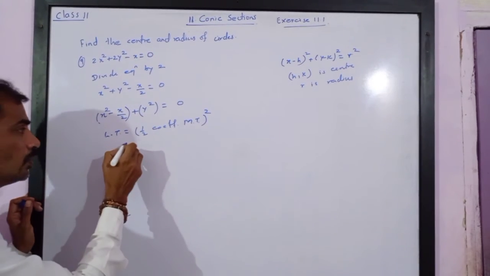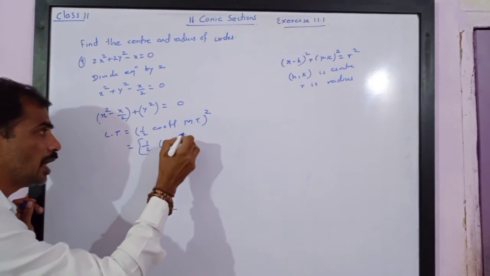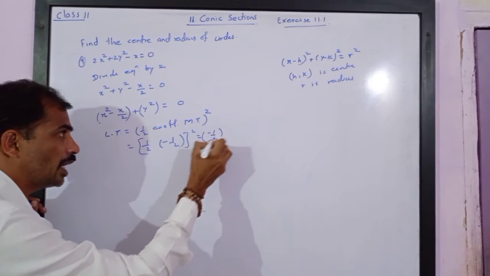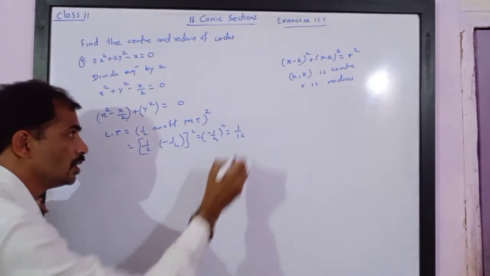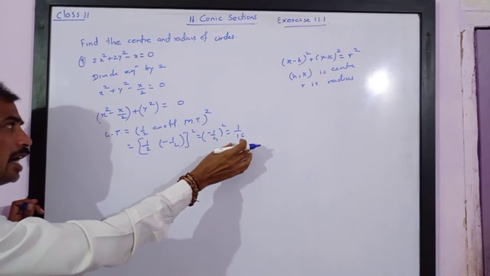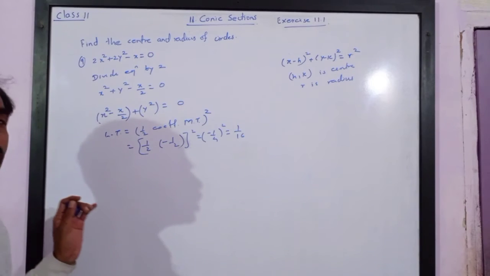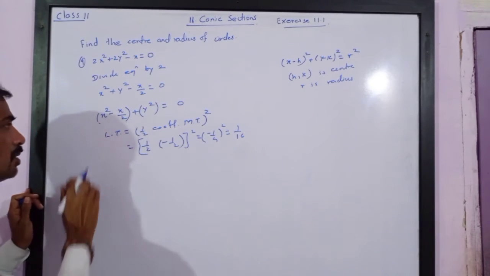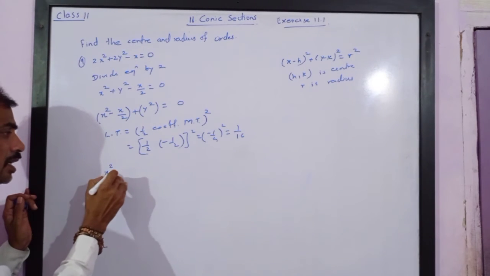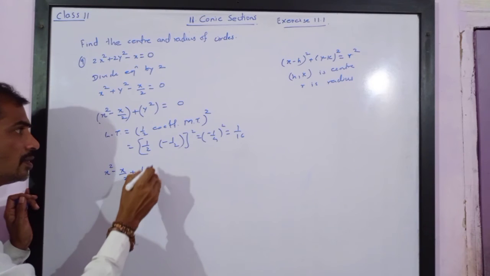So this is equal to (half of minus 1 upon 2) bracket square, which is (minus 1 upon 4) bracket square, that is equal to 1 upon 16. Now if we add this to the left hand side, we have to add the same number to the right hand side. So this can be written as x square minus x upon 2 plus 1 upon 16